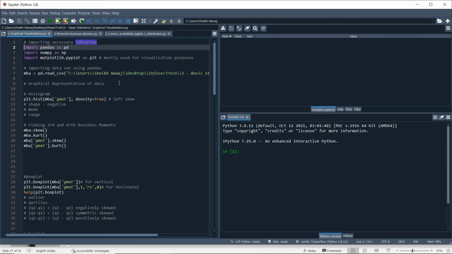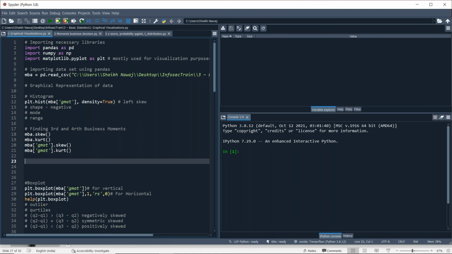Are you guys able to see my screen? Or shall I zoom it?